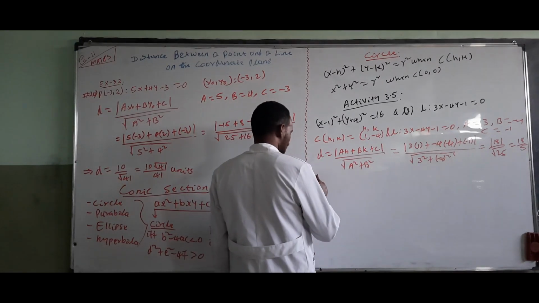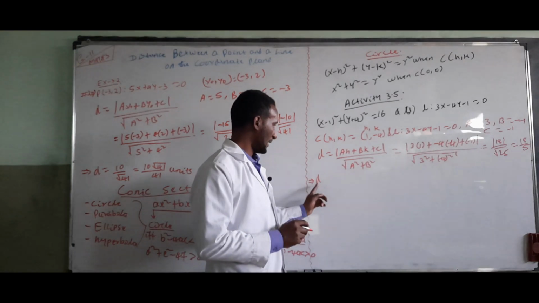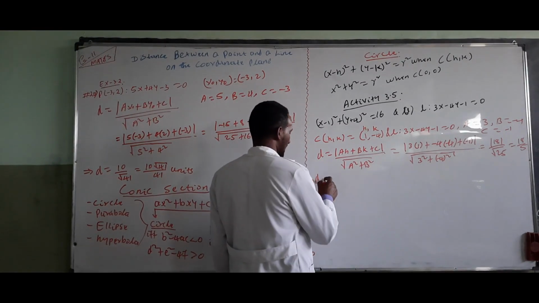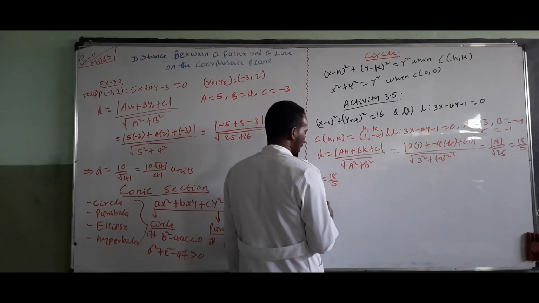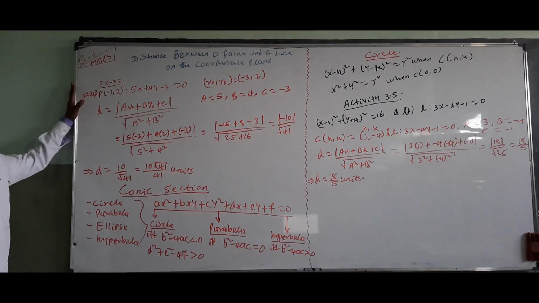Therefore, the distance between line L and the center of the circle is equal to 18/5 units. Exercise